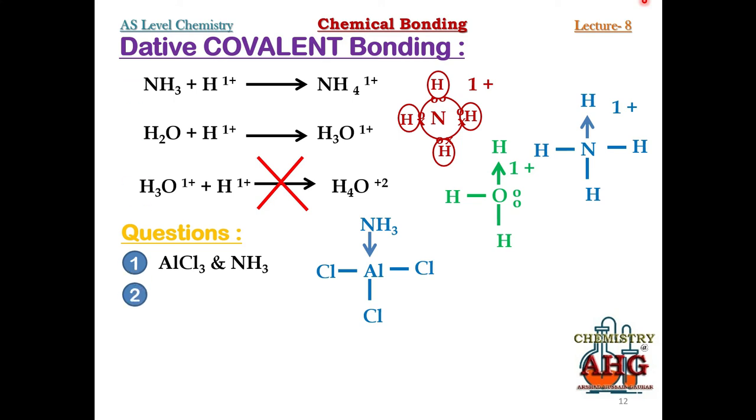In this example, you are given beryllium chloride and ammonia. Beryllium chloride, again due to polarization, although it is a metal, is able to make covalent bonds. One beryllium can make 2 covalent bonds. After making 2 covalent bonds, you can see beryllium is electron deficient. Why is it electron deficient? Because its octet is not completed. It has a deficiency of 4 electrons. So to compensate its deficiency, beryllium is able to make how many dative covalent bonds? It can make 2 dative covalent bonds.